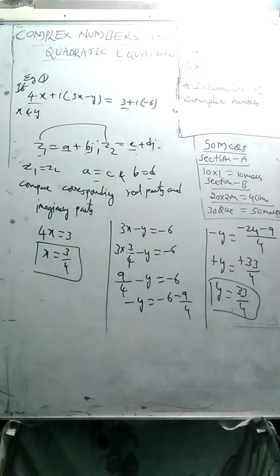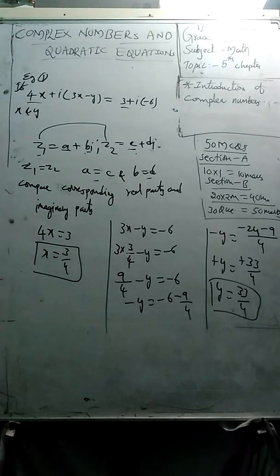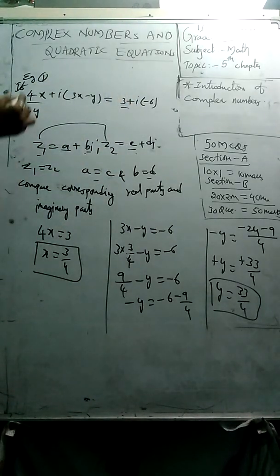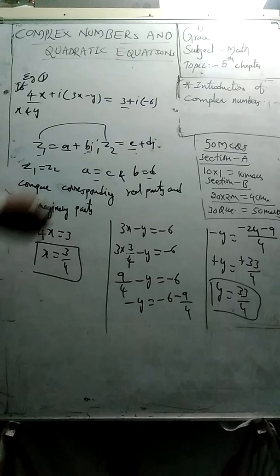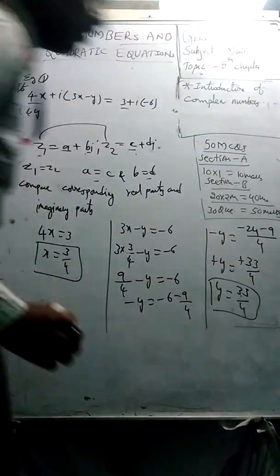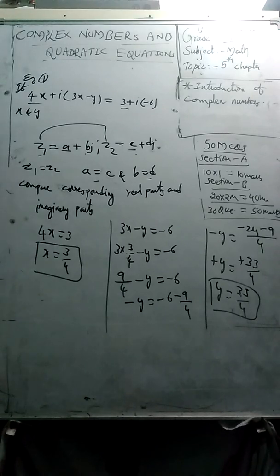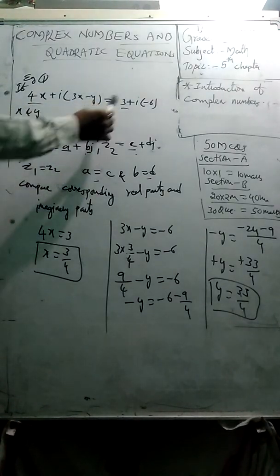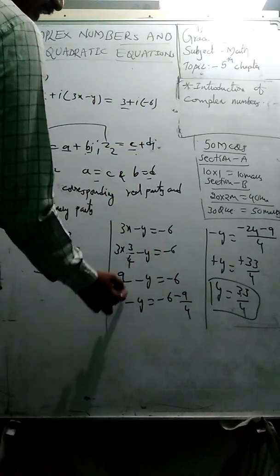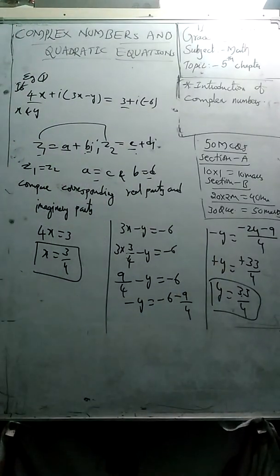This is the overall explanation about how to solve problems based on complex numbers. And we have some properties also, students. Those properties you have to learn. So once again I will repeat: two complex numbers are equal when the corresponding real parts and corresponding imaginary parts are equal. As you know, in ordered pairs also, two ordered pairs are equal when the corresponding first elements are equal and the corresponding second elements are equal. Similarly it is applicable here. When we compare real parts, we got x as 3 by 4. When we compare imaginary parts, we got one equation. Substitute the x value, solve it, and we get y equal to 33 by 4.